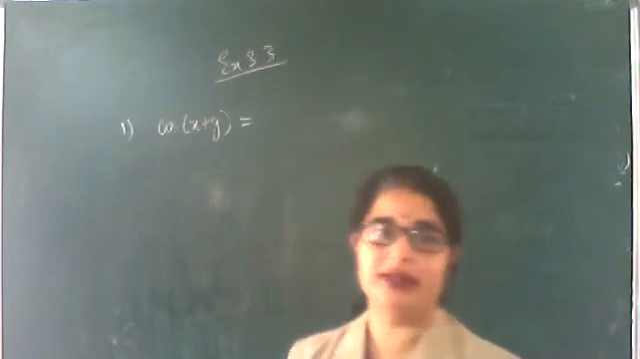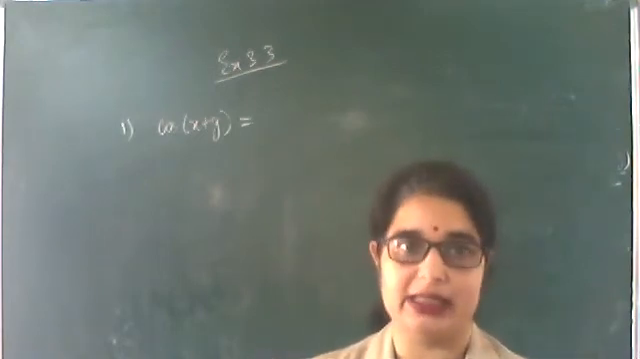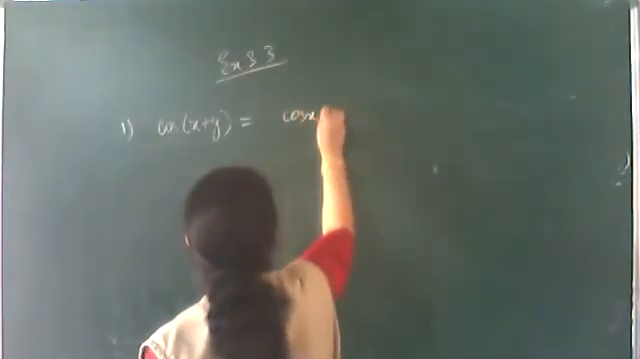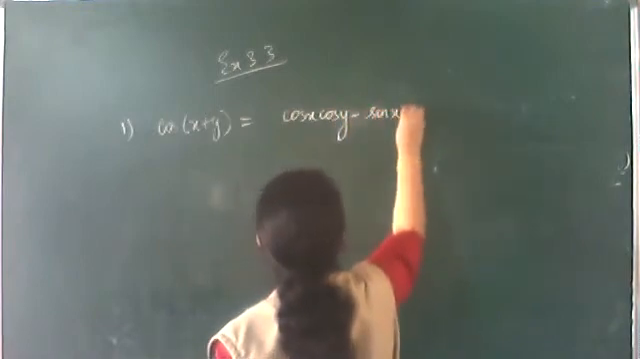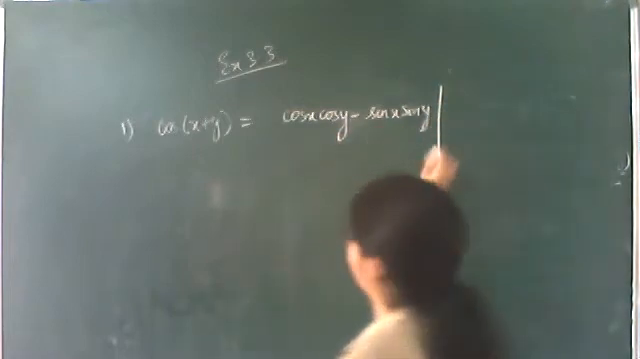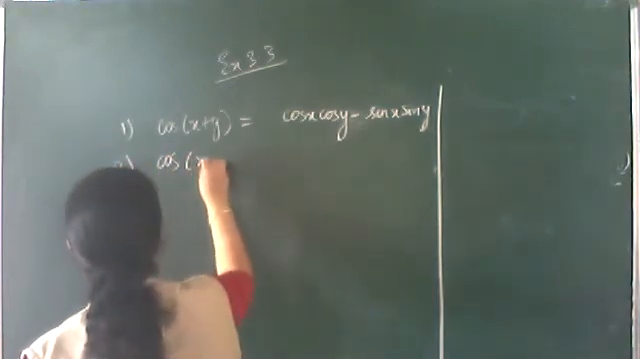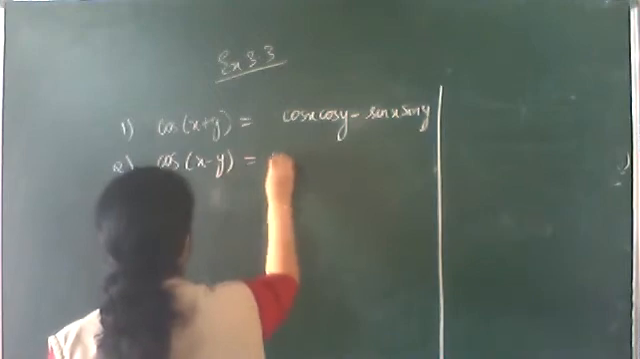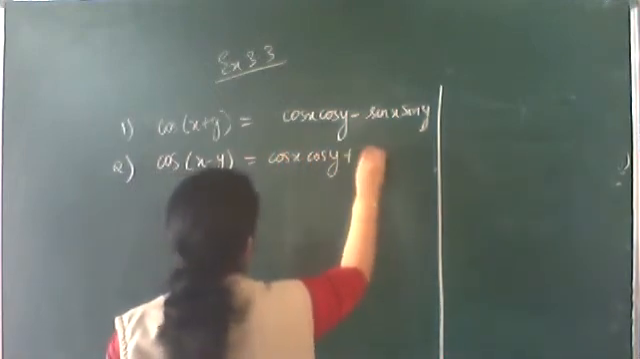Cos of x plus y. The proof of this cos of x plus y we have already done, if you remember, in the last class. So what is cos of x plus y? Cos x cos y minus sin x sin y. Next is your second formula, cos of x minus y, which is equal to cos x cos y plus sin